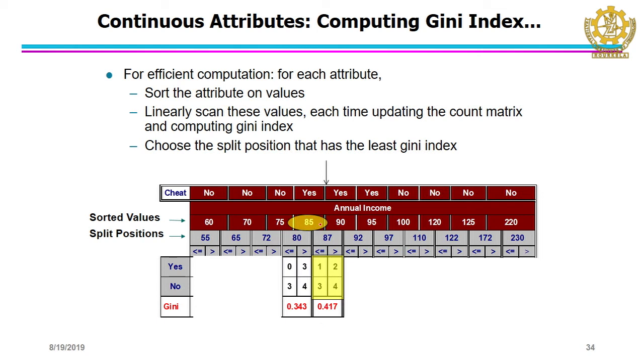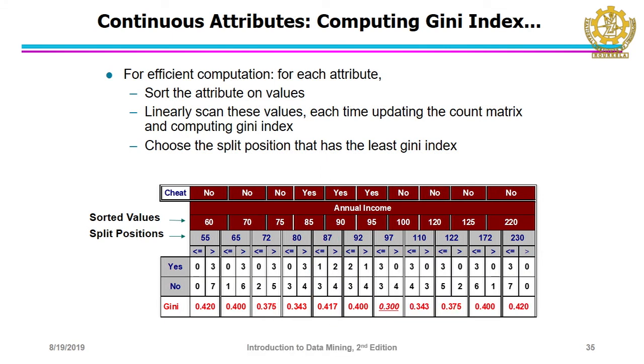Similarly, we take the split value as 85. So, 85 income. Then the split value you take is 87. Okay. So, what does 87 mean here? 87 is only on the left side. Among these left side objects, one class is yes. So, therefore, this is 1 and the rest are 3. And then on the right side you see similarly and compute the Gini value.